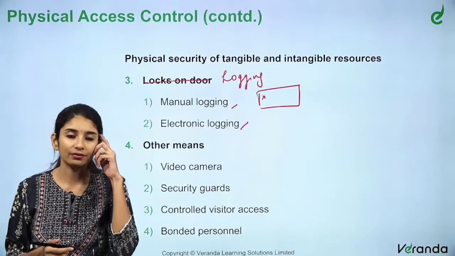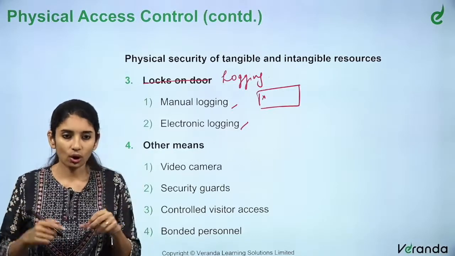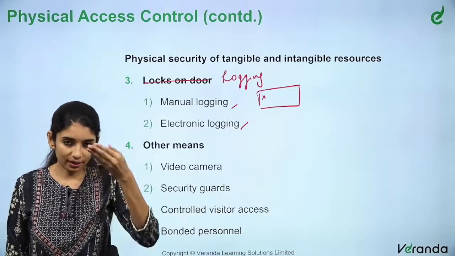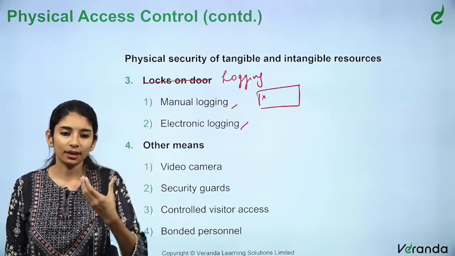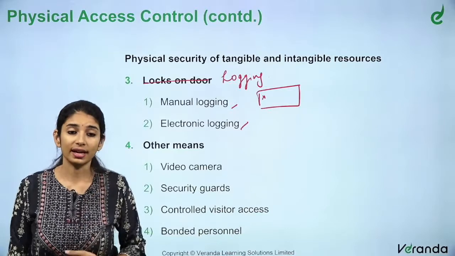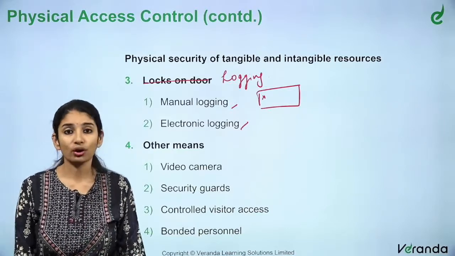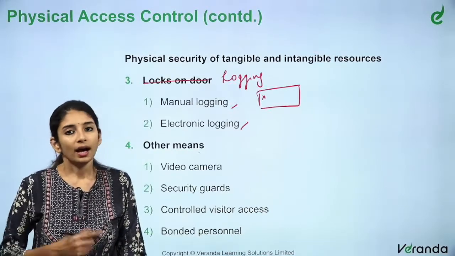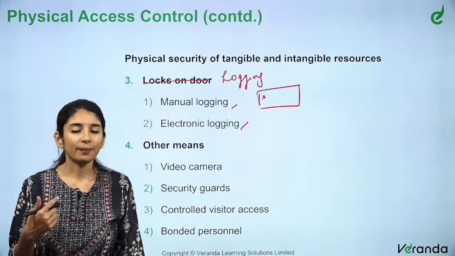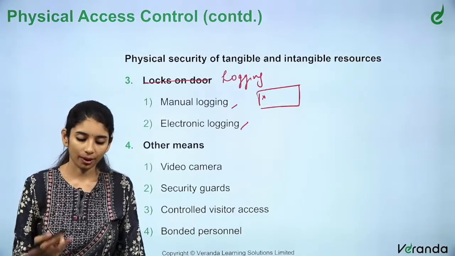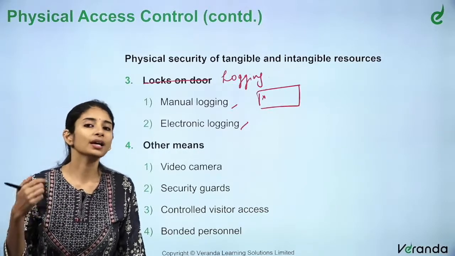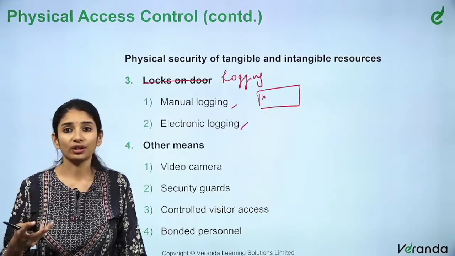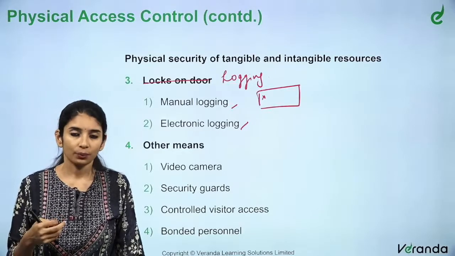For example, you stand in front of a system, that electronic logger, and you put your face and a printout comes. When we go to the passport office or such places, this is the way of recording who has entered the premises. Electronic logging. Apart from locks, identification mediums and logging facilities, we have other means. Other means could be CCTV cameras, security guards, some watchdogs. We could have